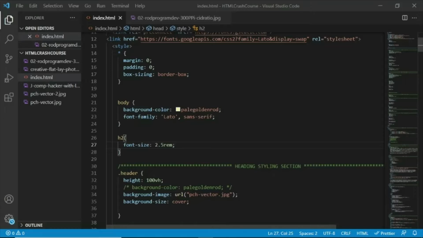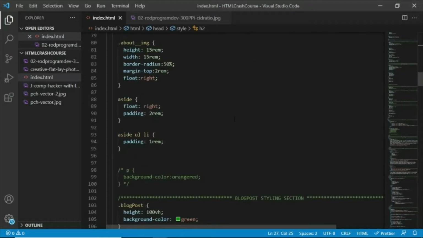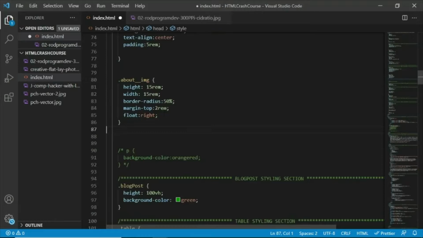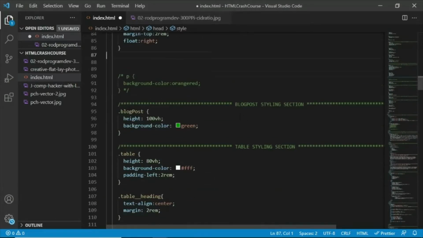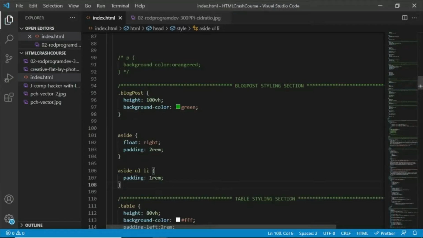Now let's go back down to our about page here or about section. And I don't want the aside elements to be inside the about styling section here. So we would want that to be under the blog post. And let's go and try to implement using the